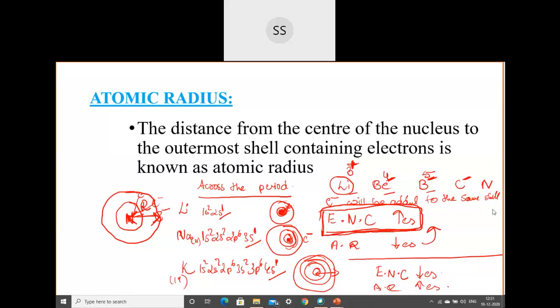So remember, this will be a 3 marks question where they will ask you about the periodicity, maybe regarding the atomic radius or ionic radius, or it will be ionization enthalpy, electron gain enthalpy, or electronegativity. Okay, so one among that will be a fixed question.